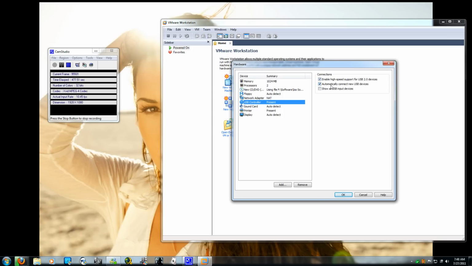You can always connect new devices, say like a flash drive. You connect it to your computer and the virtual machine will show it. And this will show all USB inputs. Sound card is automatically detected, and you can always specify which one to use. You just use the default host sound card, which for me is Creative Sound Blaster. Printer, if you have a printer, it'll automatically detect it,